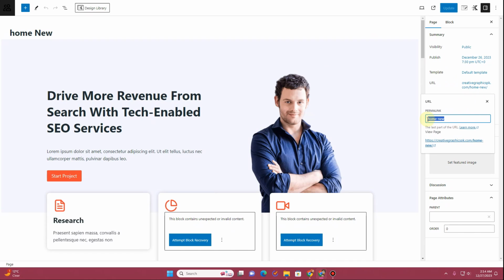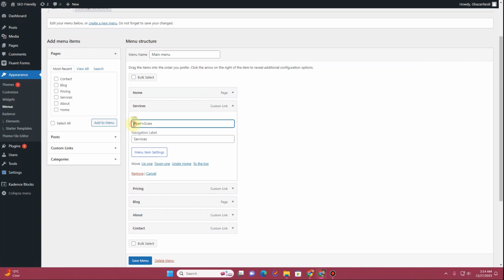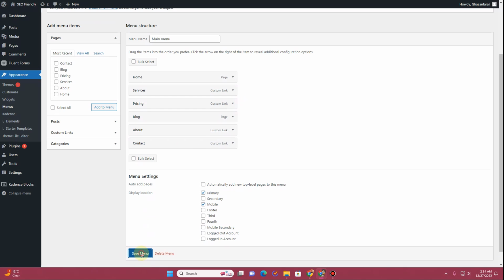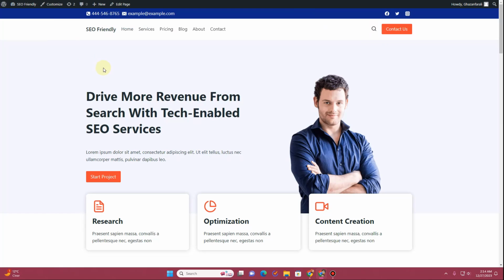So you want to copy this home new from here, and then you can go back to the menu. So in our example, let's just add the jump link to this specific, add the permalink here, and then add a slash here after and before, just like this. Now hit the save changes right here. Now I can go back to the reading settings, and I can change that home page to the page that it was. Now if I go back and if I refresh this page, and if I click on the services,